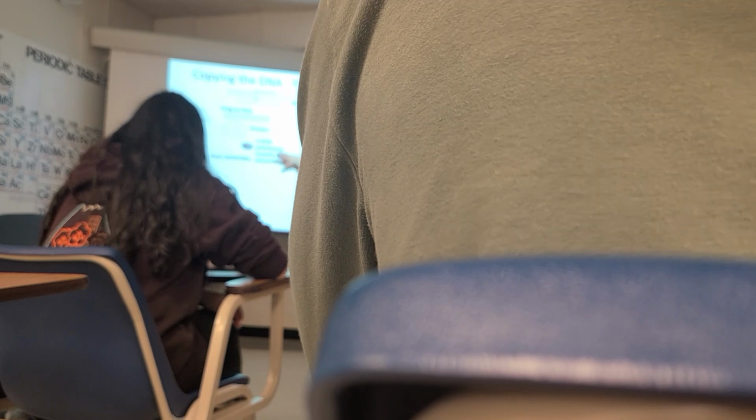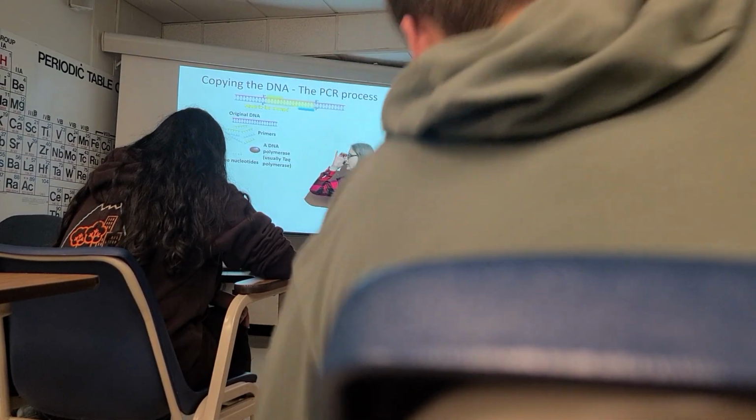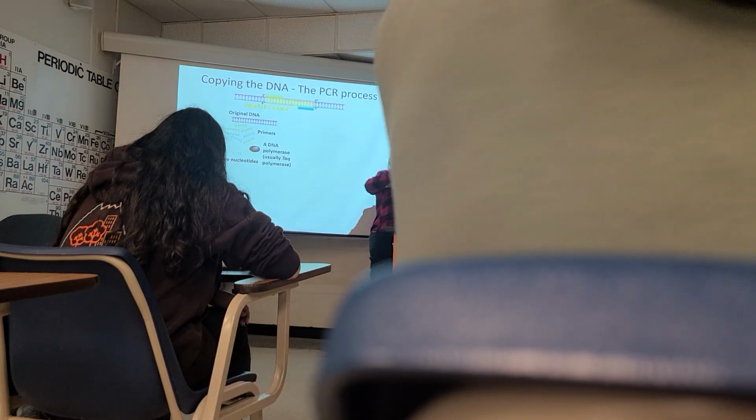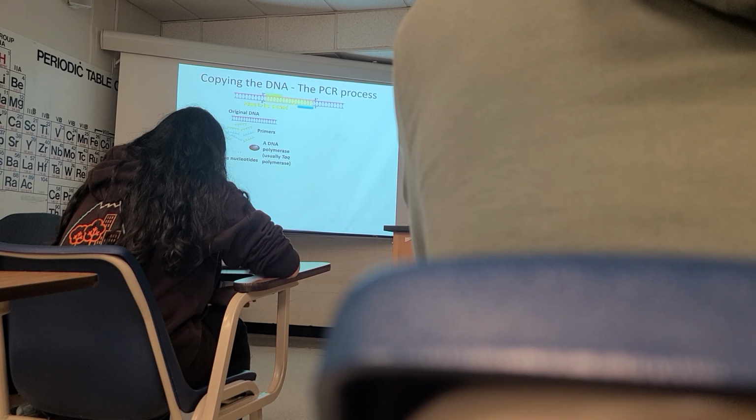Put that in. Put in something called primers, which I'm going to define in just a few minutes. You're going to have an enzyme in there, some sort of a DNA polymerase, which is the enzyme that's essentially going to replicate and use the template you have there to actually add nucleotides and copy that DNA. Usually the DNA polymerase we use is something called Taq polymerase, and I'm going to explain why we use that one in just a second. And then you need a bunch of free nucleotides, just free adenines and guanines and thymines, all floating around in the solution, because that's ultimately what you're going to draw on to build your new chain,